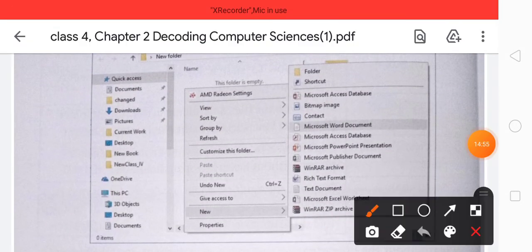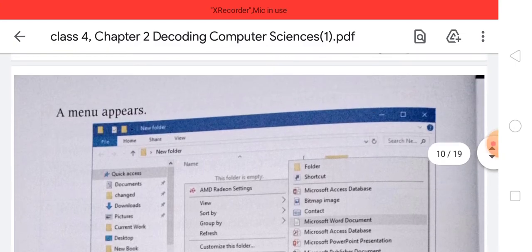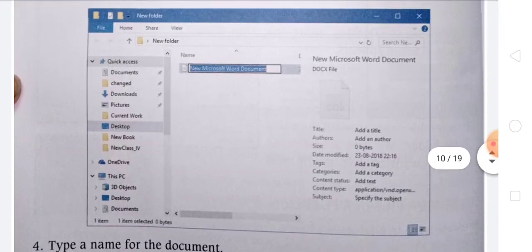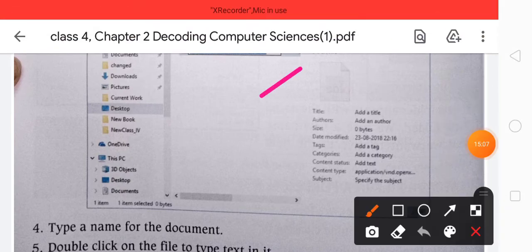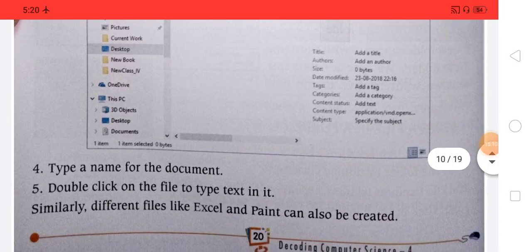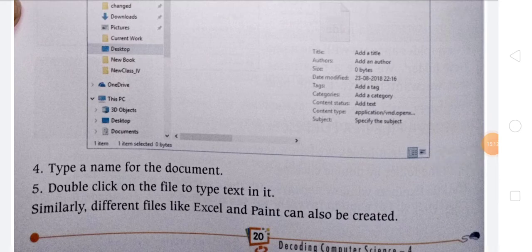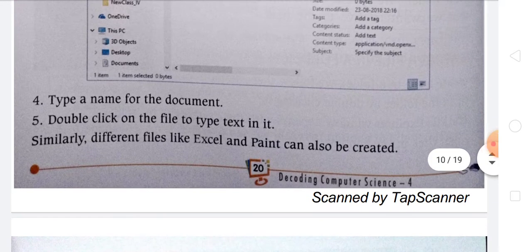After that, you have to save it with the particular name that you want. So just like this, you have to type a name for the document